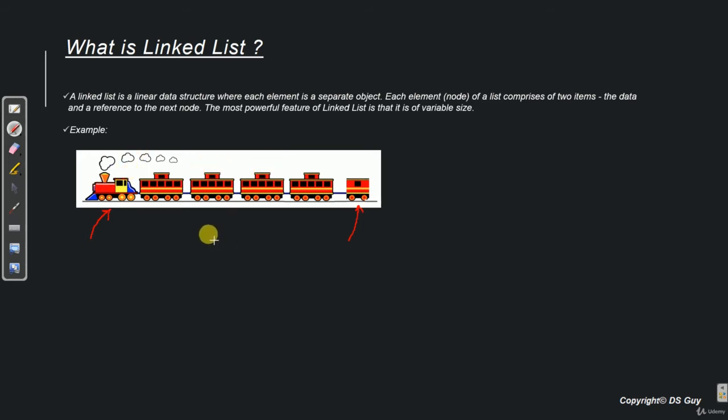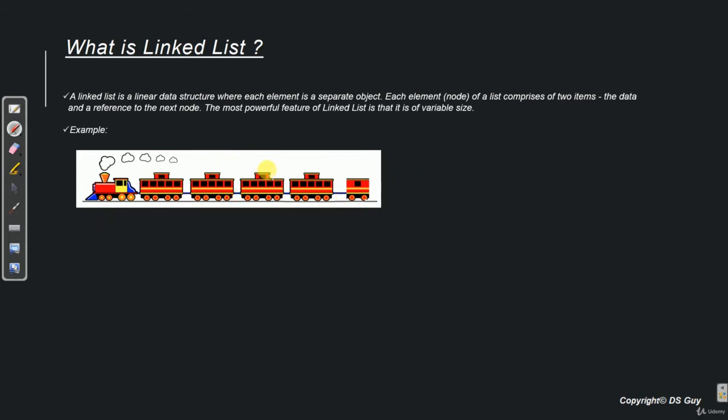The third thing that we notice is that all the compartments are joined using a coupler. So you see one coupler over here, one more coupler over here, one more here and one more over here. The fourth thing that we see is that in a compartment we typically always have seats and those seats are occupied by passengers.